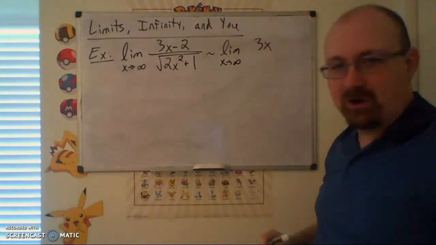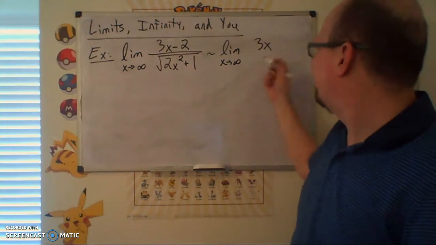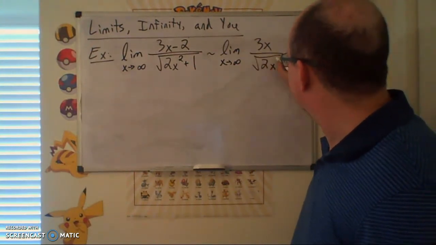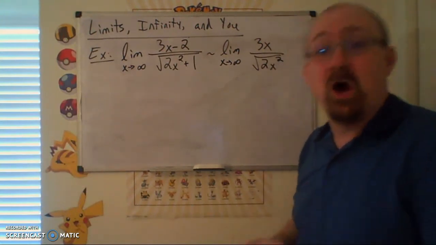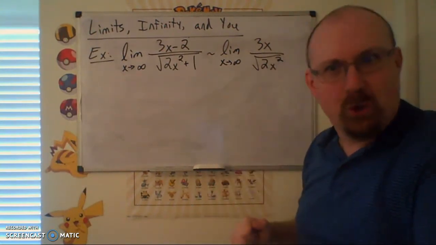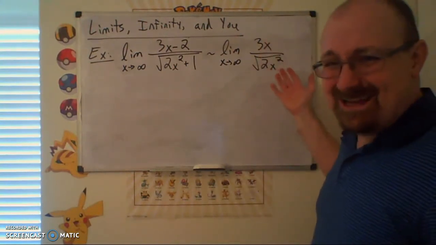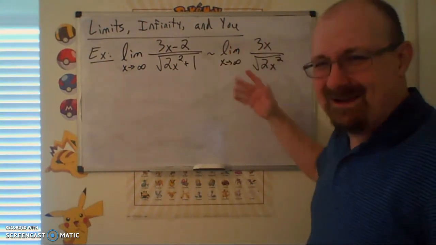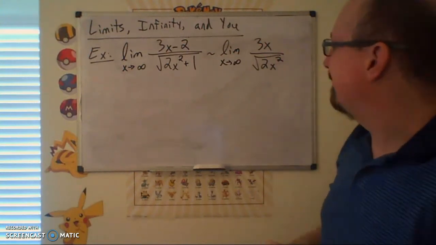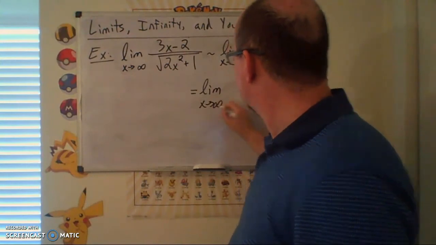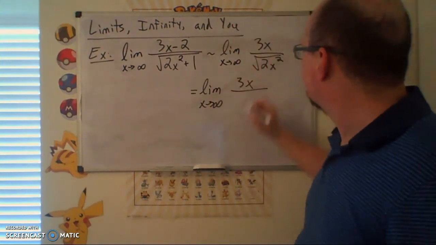So disregarding the lower power terms, we have just a 3x up top, and then below that, we have 2x squared underneath that square root. That's important. Don't lose that. All right. So now the same idea is in effect. Without the plus and the minus, we can probably cancel some stuff here. So what'll end up happening? We have a 3x here,